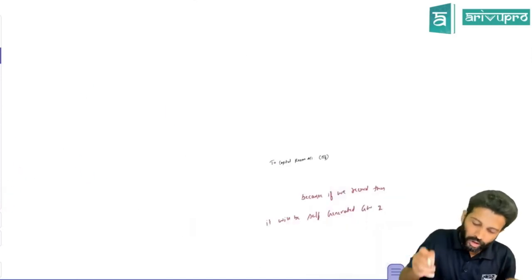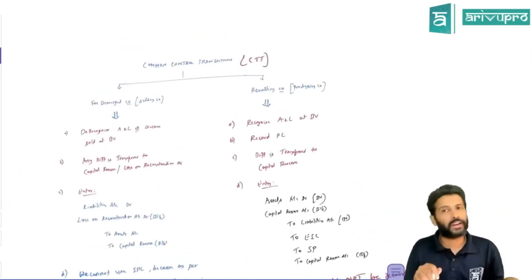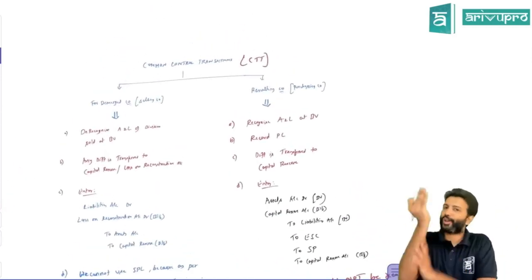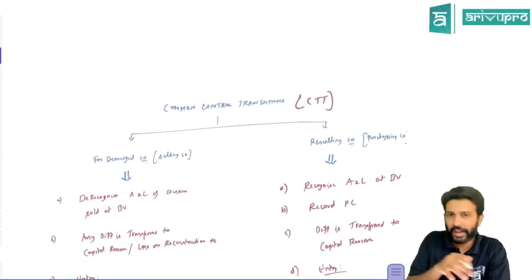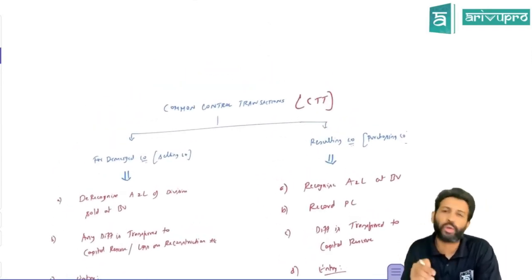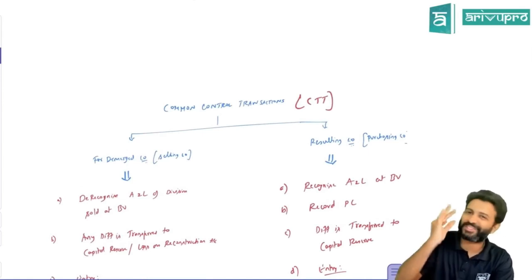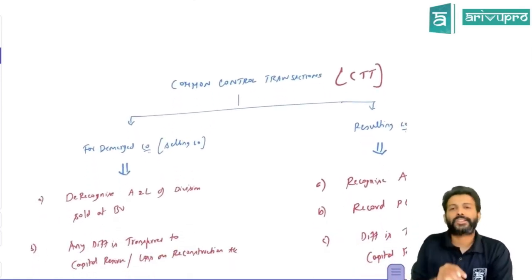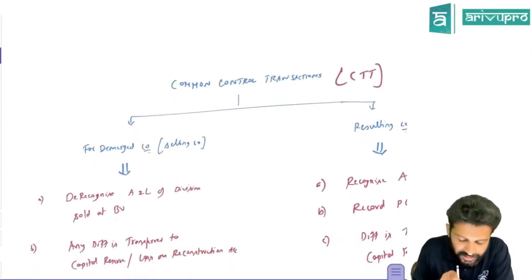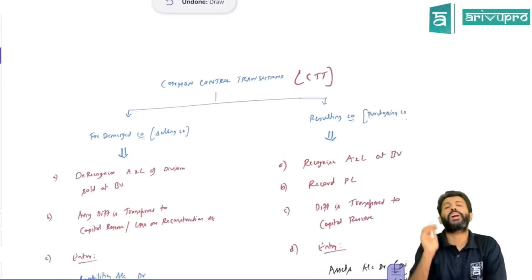Okay. All right. So how should the accounting be done? I've written a small extra graph. The same thing we used and solved a lot of questions in our regular class. So we'll quickly run through this and maybe apply it in one or two problems today, based on how much time we have. All right. So first, sir, check whether the common control transaction is for a division sale or a whole company sold.